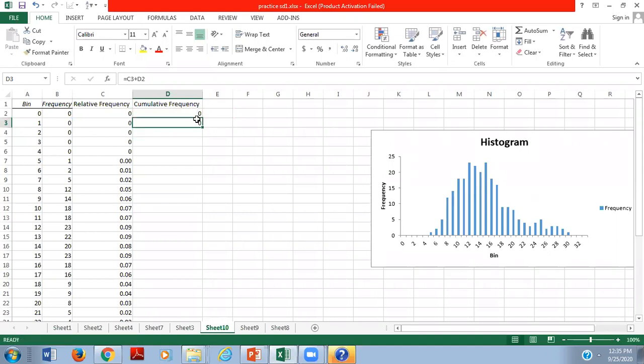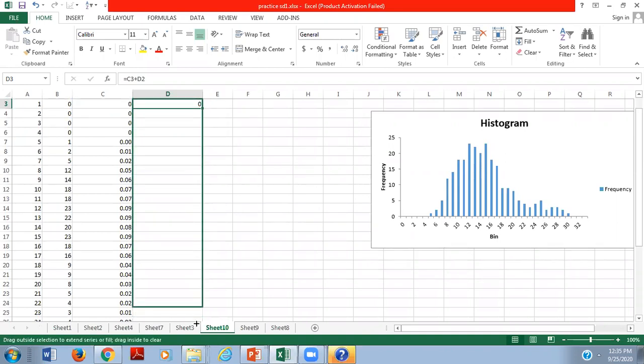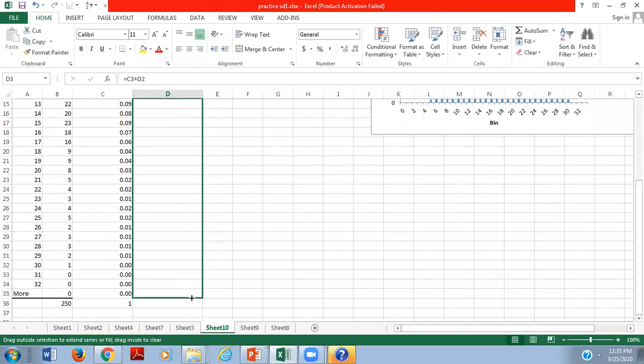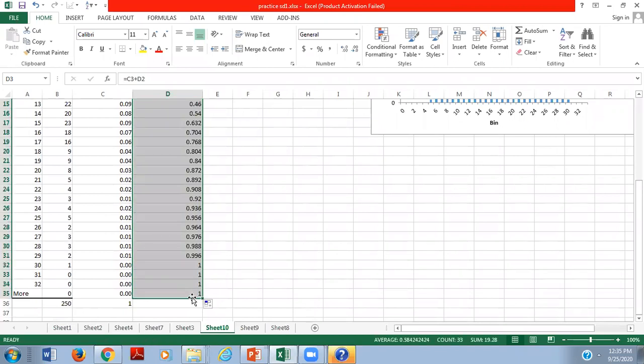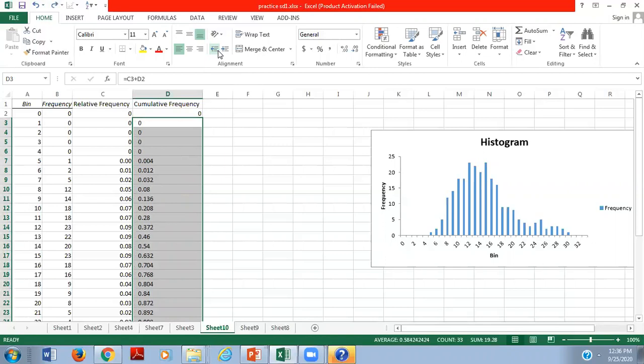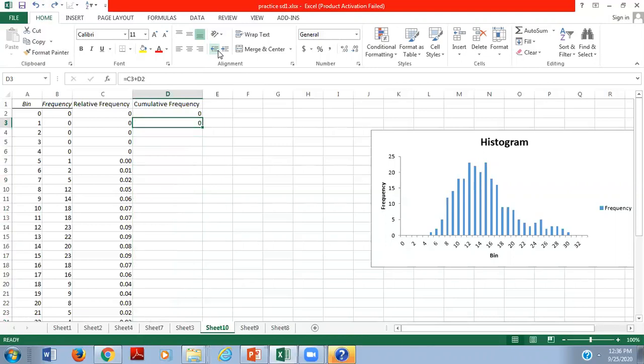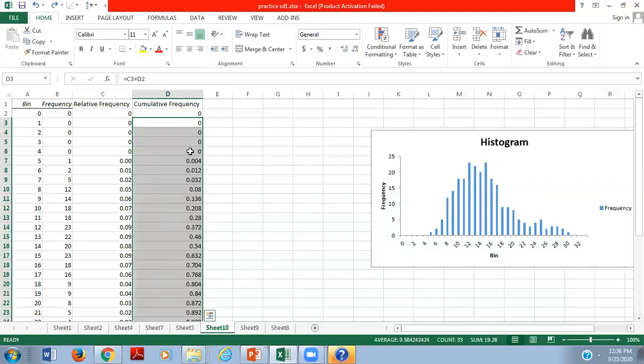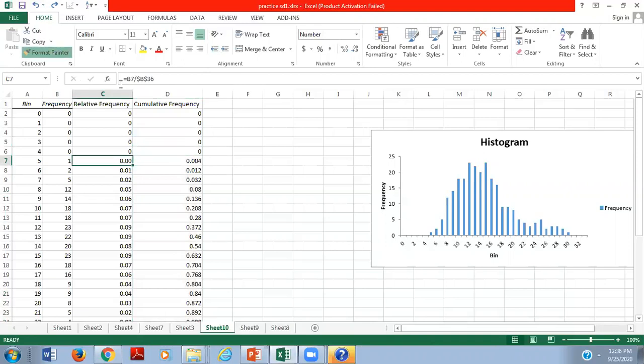Then again I drag this formula down. Again I have to format the cell for the particular decimal value.